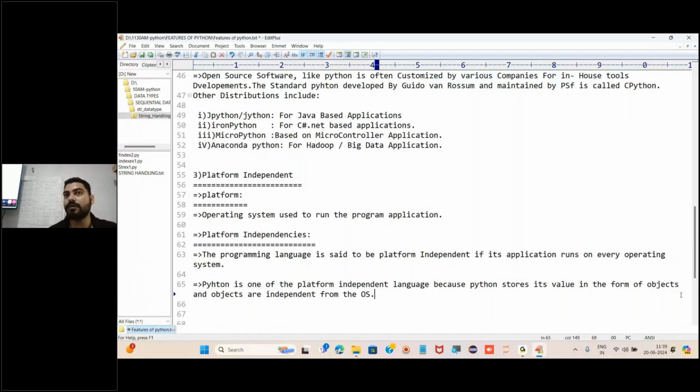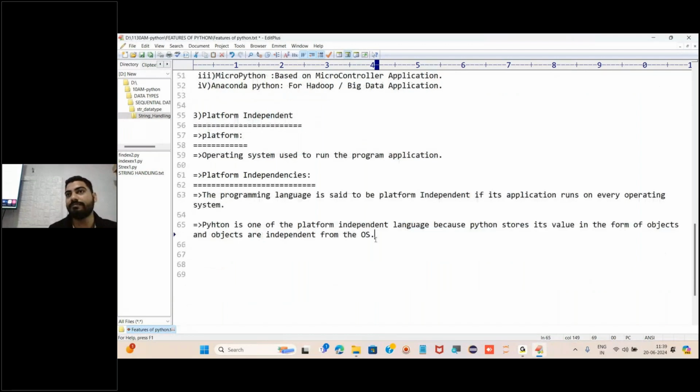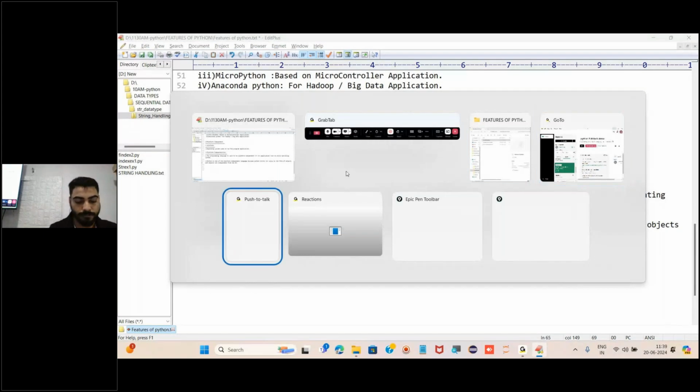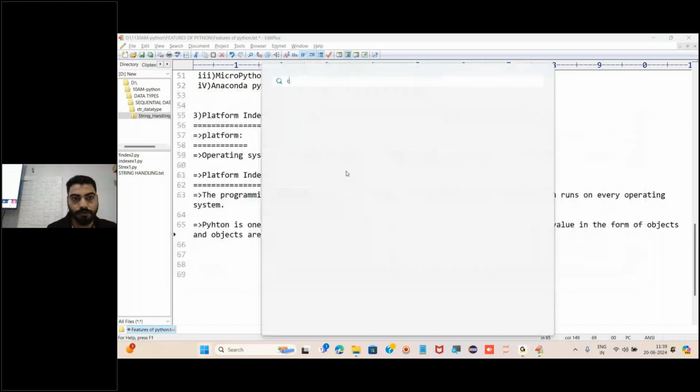Objects are OS independent. Getting my point? Whatever object I create here in Windows operating system, the same object I can run in Mac operating system or Linux operating system. Getting my point? Okay, fine. This is the meaning of platform independent. Okay, so let's see how. Let me open Chrome.